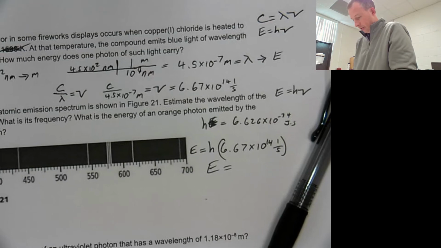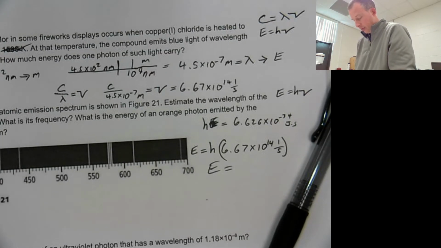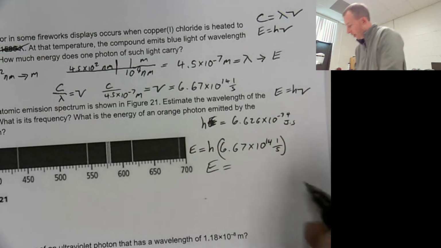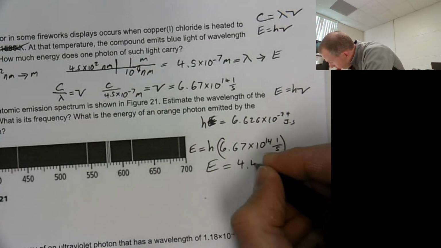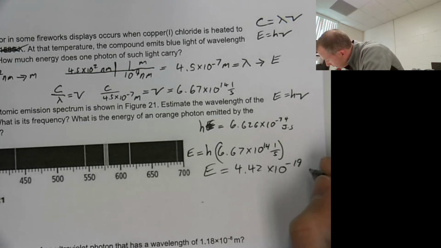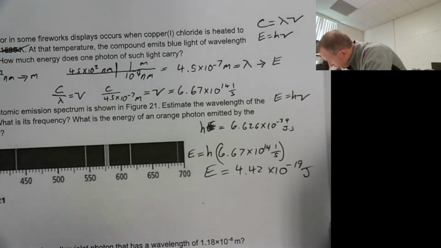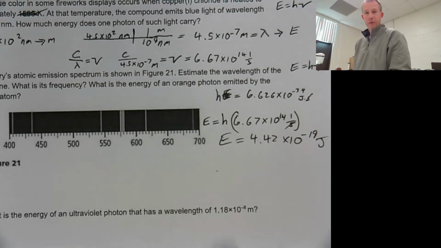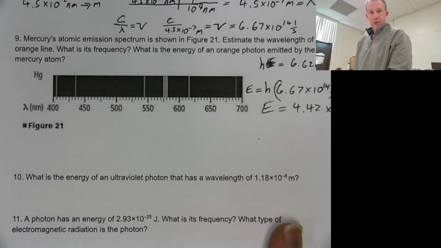is equal to 6.6. Is 4.42 times 10 to the negative 19th joules, because your seconds cancel. So then